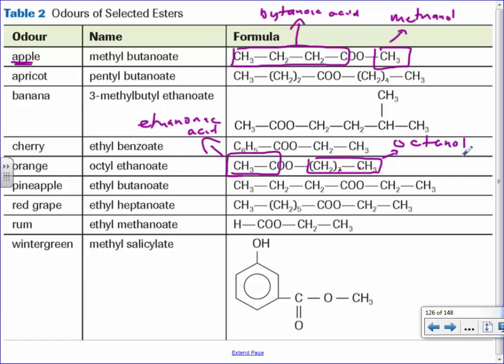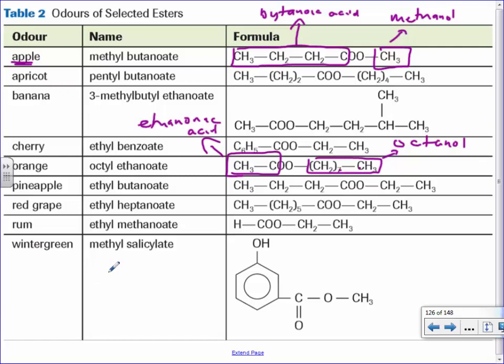And basically, this is a super easy lab we're going to do. I'm basically going to give you a whole list of alcohols you can choose from, a whole list of carboxylic acids you can choose from, and you just react them together, let it cook for a little while. You have to let it react for about 10-15 minutes, and then after it's done, it should create kind of an oily, waxy substance, which is an ester,